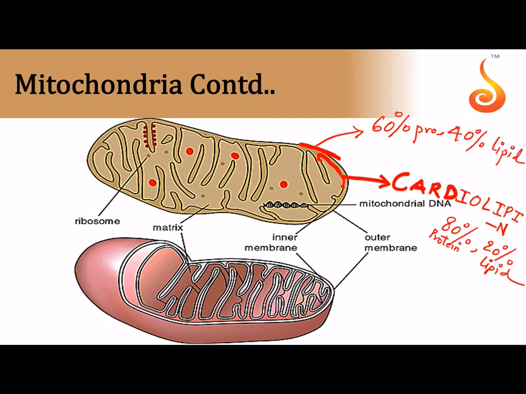And notice how between the two membranes you can find a gap. This is called the perimitochondrial space. The gap between the outer and the inner mitochondrial membrane is called the perimitochondrial space. And notice how the inner membrane is thrown into finger-like projections or outgrowths which are growing into the matrix. The matrix is simply called the matrix, the fluid substance that is present inside.